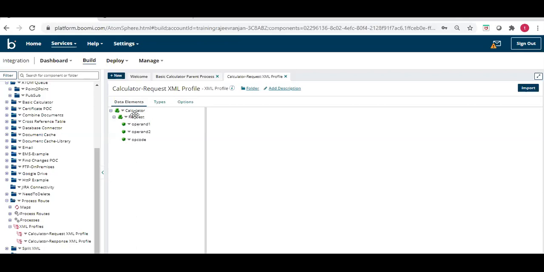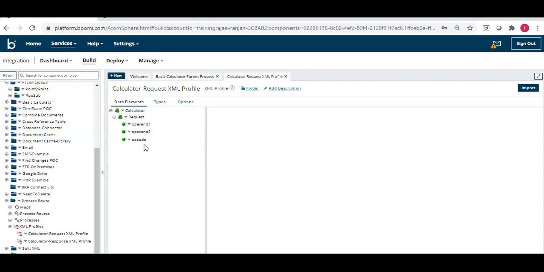In that particular XML profile, we are passing request information which has operand 1, operand 2 and opcode. The opcode is nothing but the operation code.